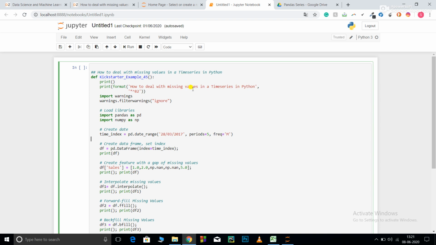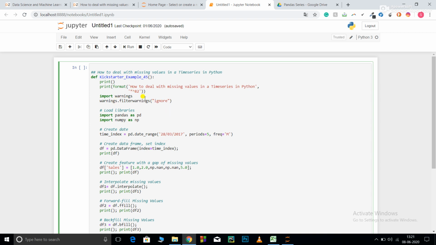Now apart from that, over here we are going to see how to deal with missing values. In general, in regression and classification type of data sets, when dealing with missing values, we use mean, mode, and group by functions. We deal with them using pivot tables. Over here we deal with them differently. So in this video we are going to learn all those different techniques.